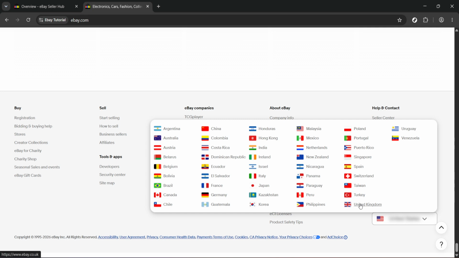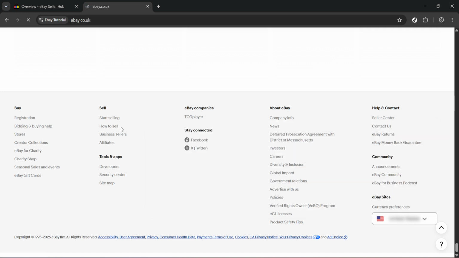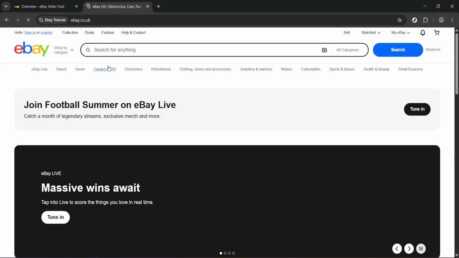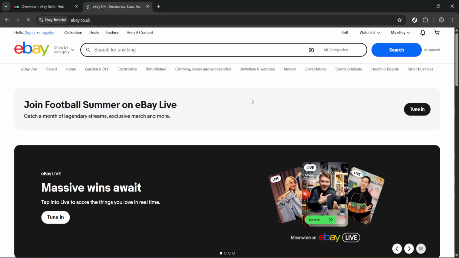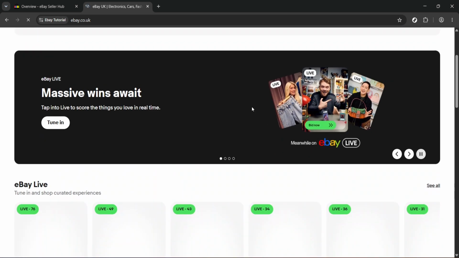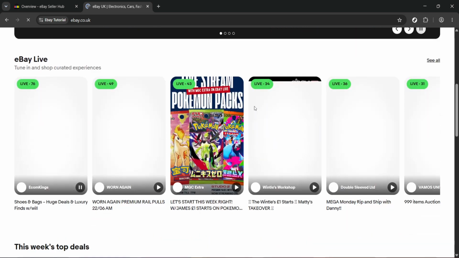This is the key step because changing the site region often changes both the marketplace version and the default currency you see while browsing. If the page doesn't update immediately, give it a moment to reload. You can also refresh the page manually if needed. Once the UK site is active, check a product listing to confirm that the pricing now appears with the pound